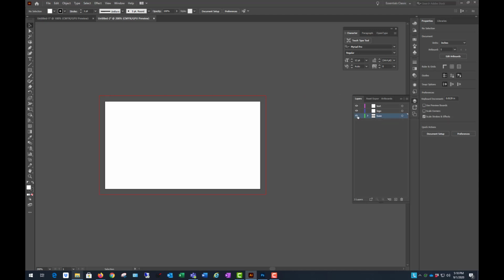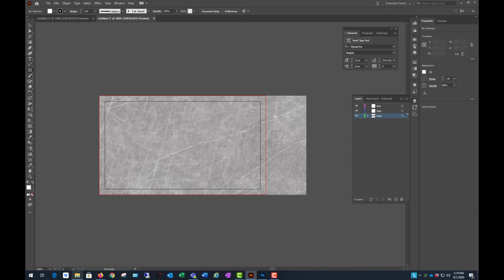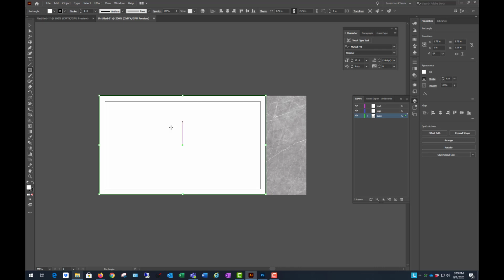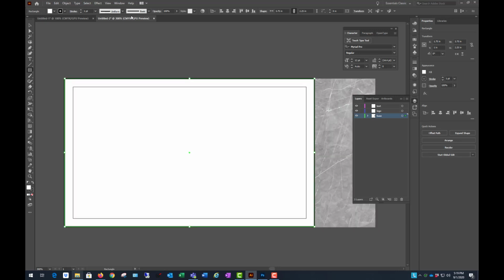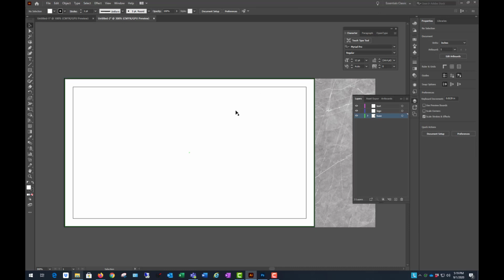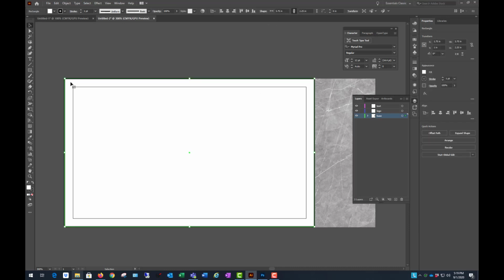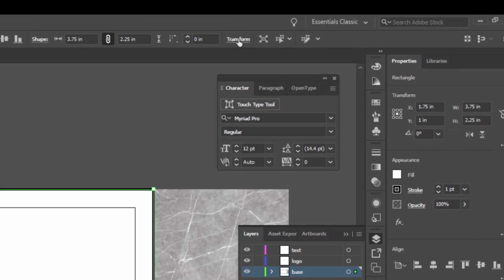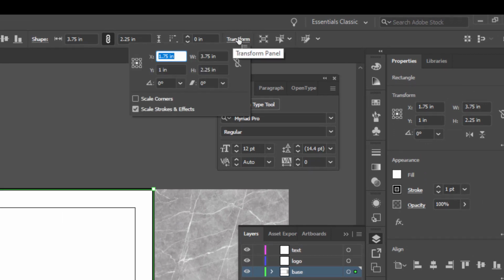It's on the right layer. It's on my base layer. So keeping that layer current, I'm going to draw a rectangle that's exactly the size of my business card, including the bleed area. And when you need to draw something exactly the right size, you can get it close and then go under the Transform button and check the actual sizes of it. And I did an offset of 0.125 in both directions. So that's 1.5 tall plus 0.25. That should be